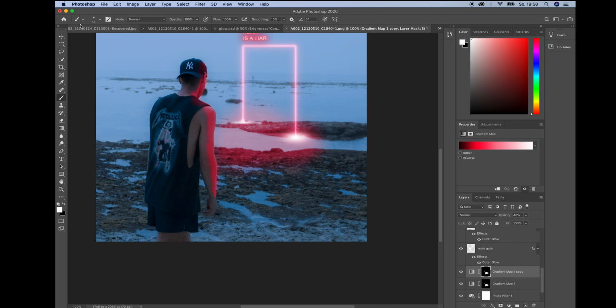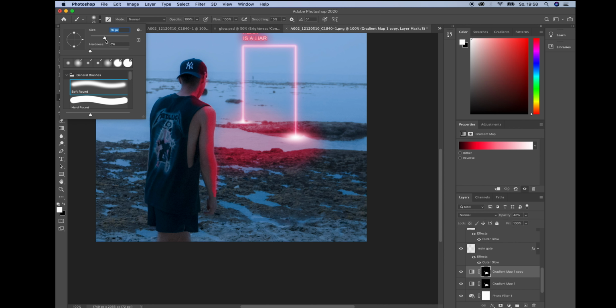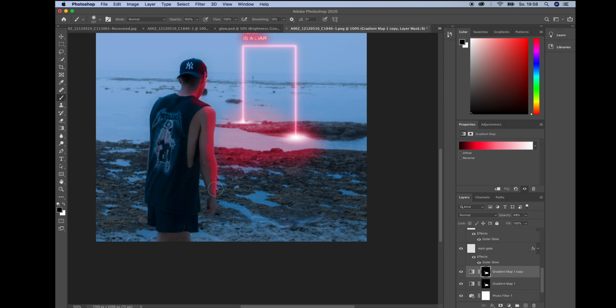And of course this is too harsh over here, so what you want to do is increase the size, and you can really just erase by hitting the black to white, erase all the effects that we have done here, because we're just affecting this layer, not the one that we have just softened out. So we can just go over all of this,